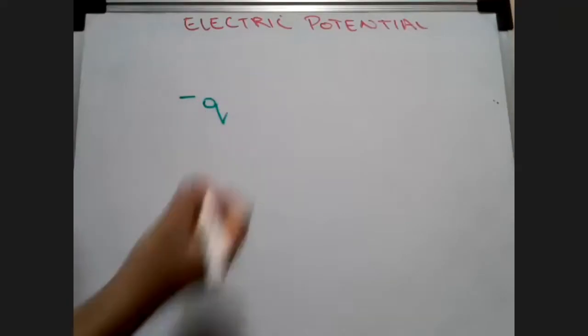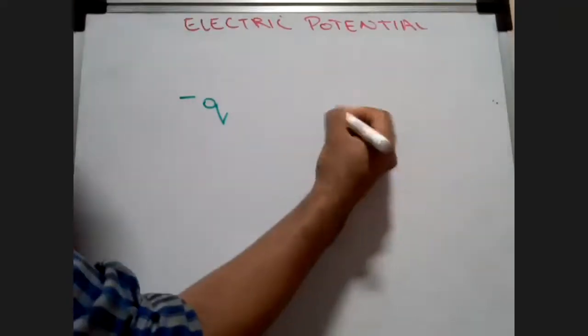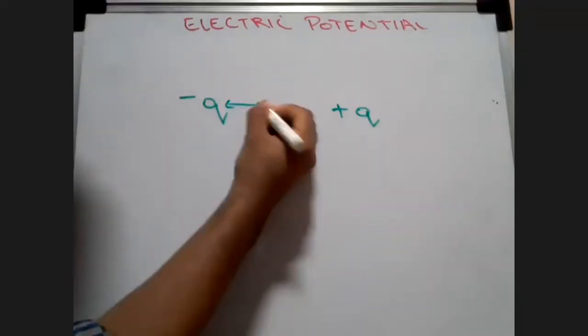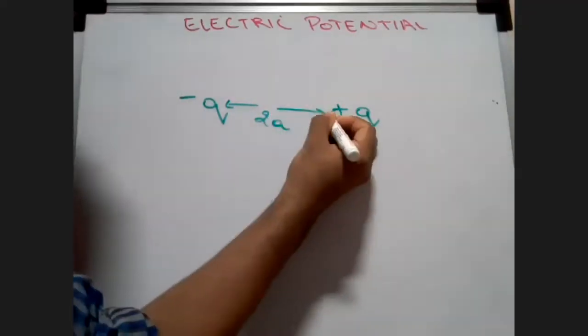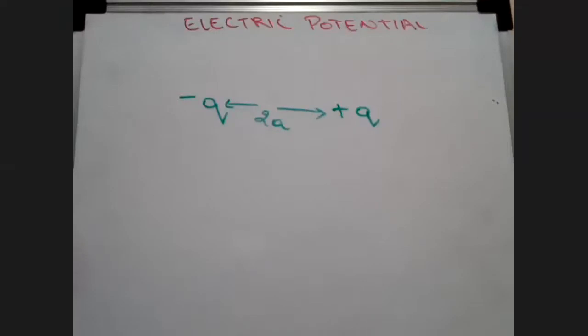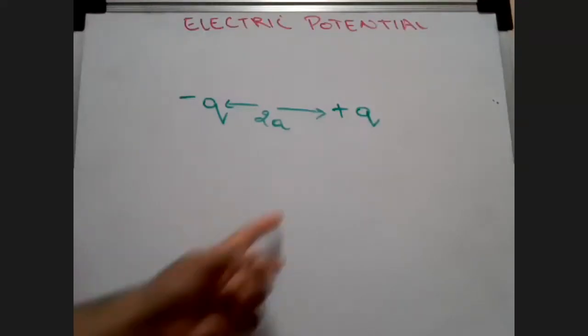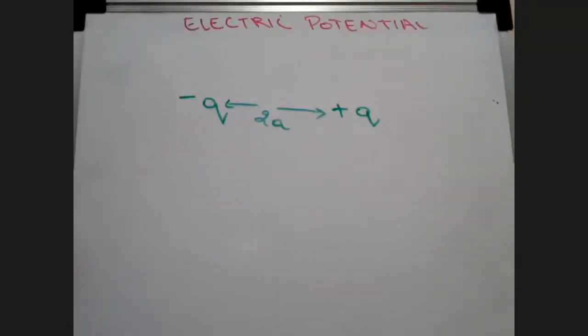Okay, so the basic definition of a dipole is when two equal and opposite charges are separated by a distance. Let's say for now we'll take equal and opposite charges, so that is minus q and a plus q. We bring them together at a certain distance, let's say 2a. Distance doesn't matter. You can take it as d, you can take it as r, provided you specify that it is distance. So when you bring two equal and opposite charges together at a certain distance, say 2a for now, that is known as an electric dipole.